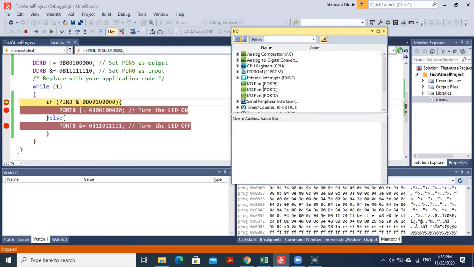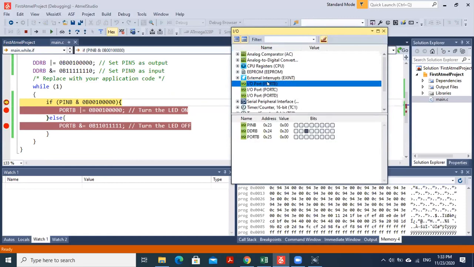There, if I go to port B, I can now see the values of port B. See, port B value is all zeros. Now, I can change the values of the pins from here. If I change this to 1, you can see that this value will become 1.